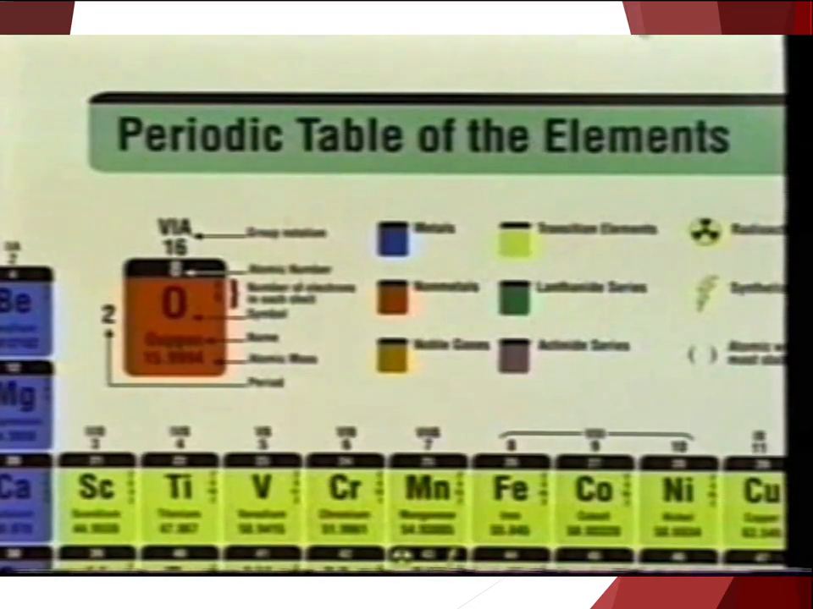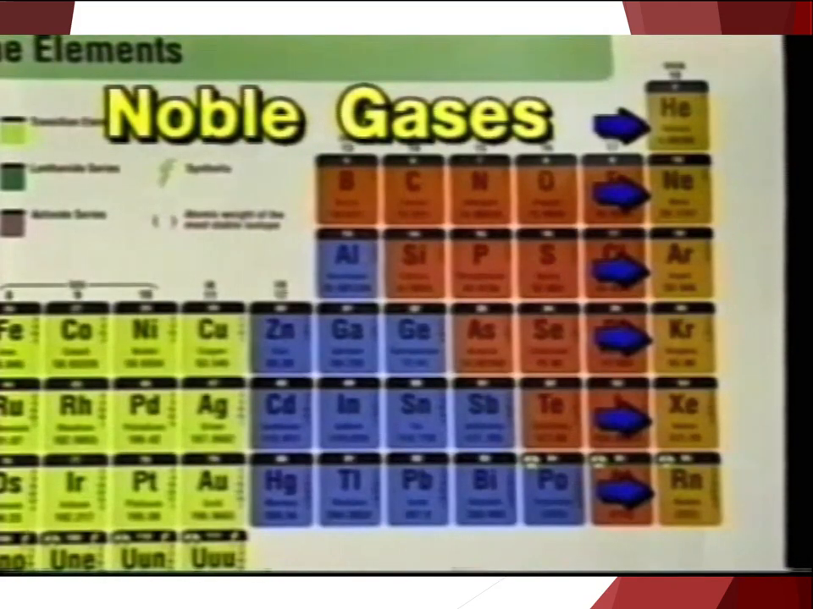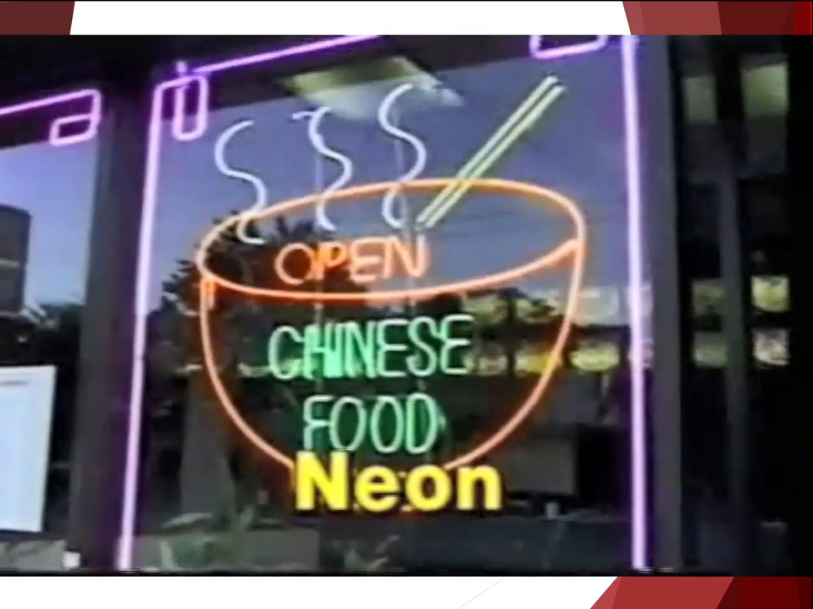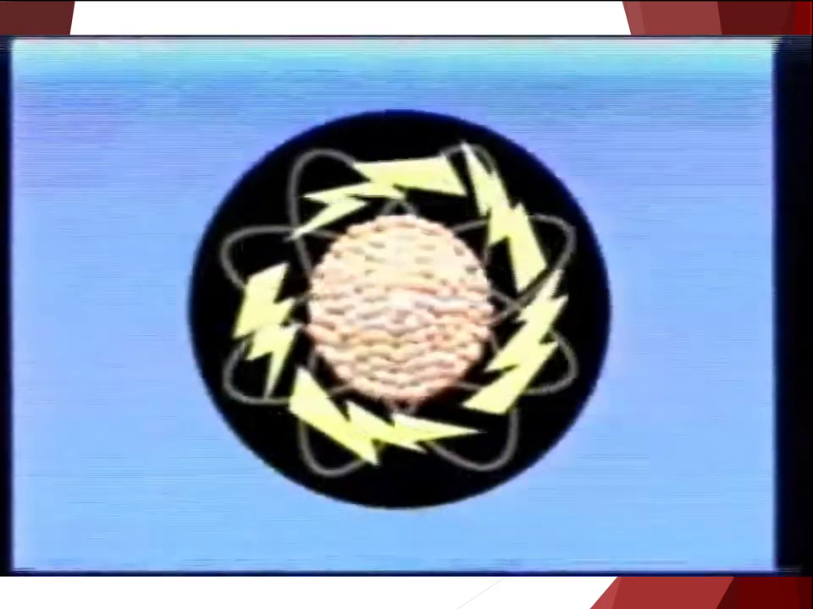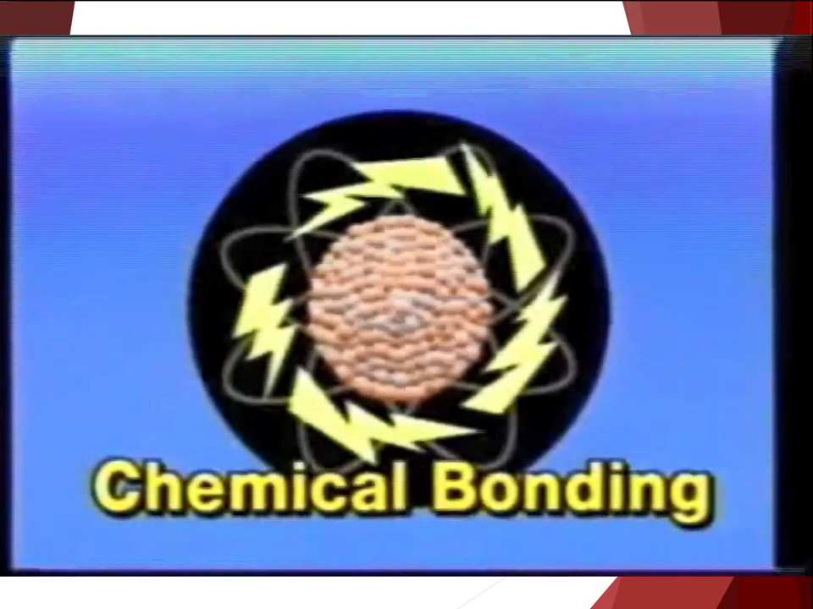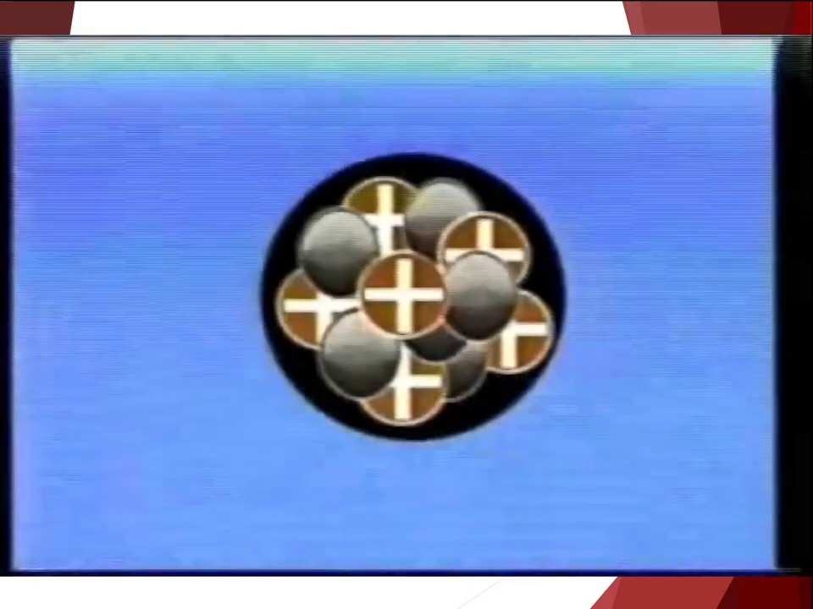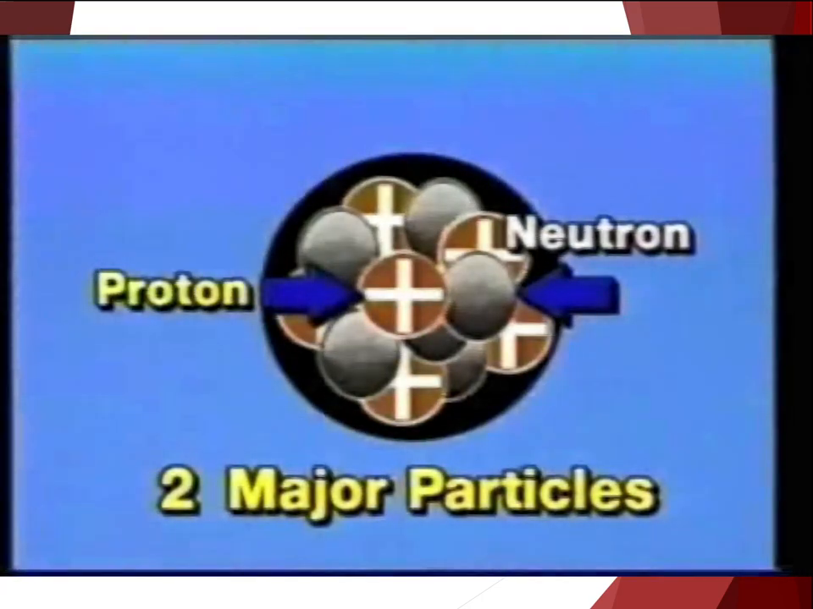But what causes elements to form compounds? And why do some elements, like the noble gases seen here in the periodic table, seldom join together? For example, neon, one of the noble gases and often used in advertising, is rarely found in a compound. For the answer to this question, we need to examine the structure of an atom and take a look at chemical bonding. Remember, each atom has a center called a nucleus containing two major particles, a proton and